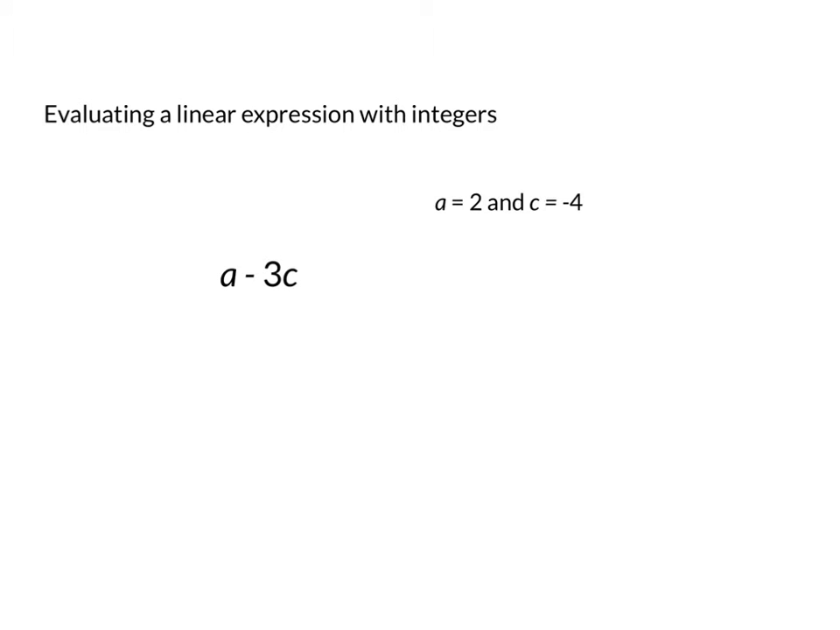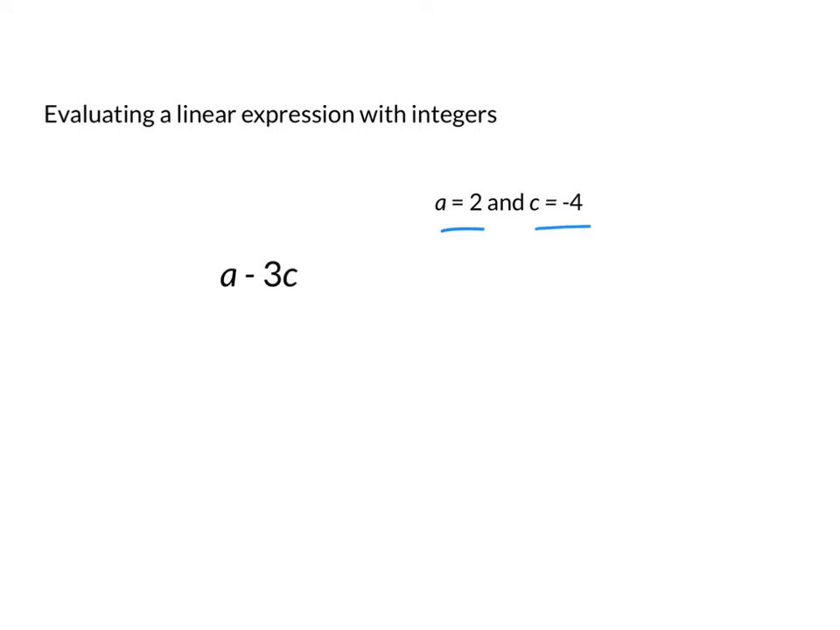In this video, we're going to evaluate a linear expression with integers. Our expression is a minus 3c. We are given the fact that a is equal to 2 and c is equal to negative 4. So the first thing that we want to do is substitute in the numbers for the variables in the expression